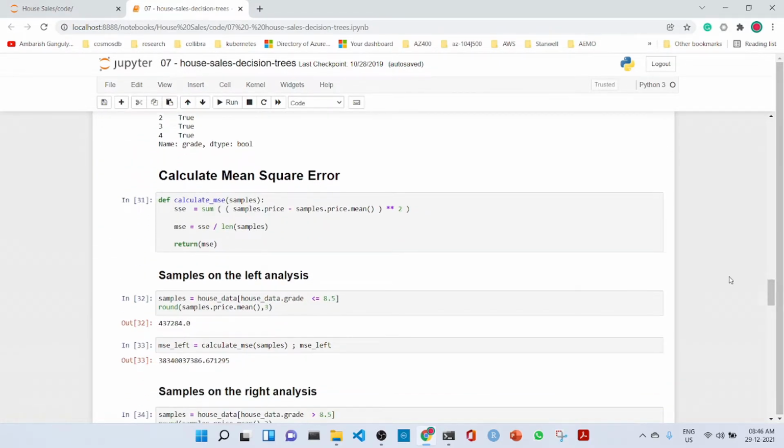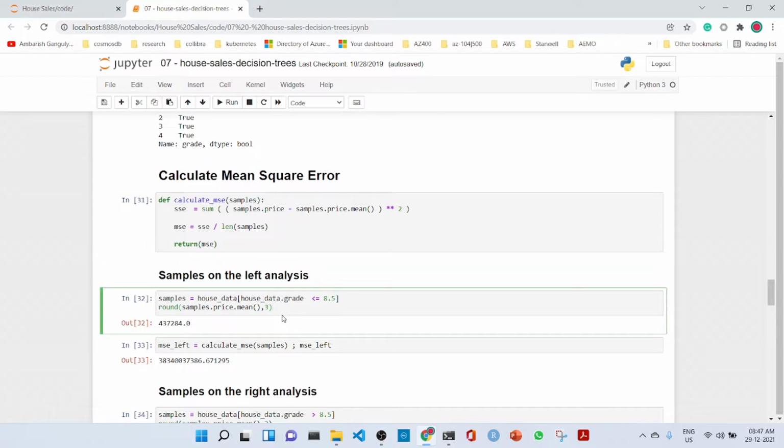So this is the mean square error calculation, which is the samples' price minus the samples' price mean, then we square it and sum it, and the mean square error is the average of that.